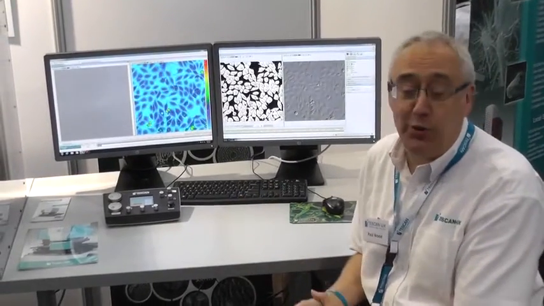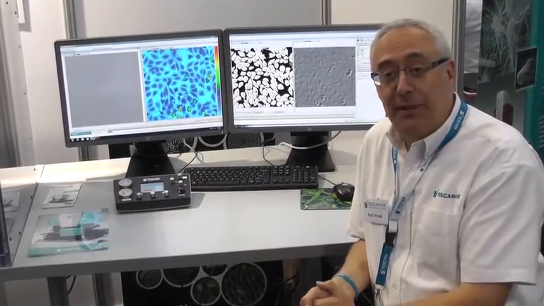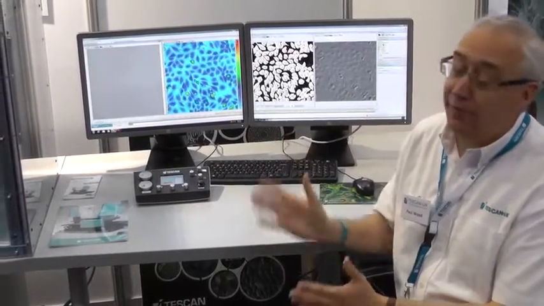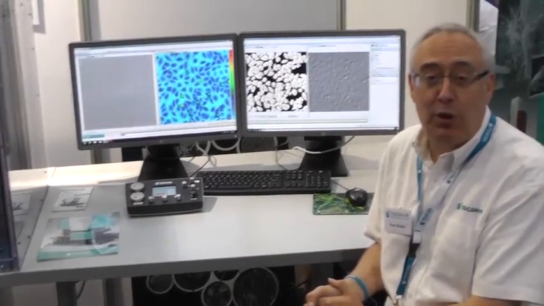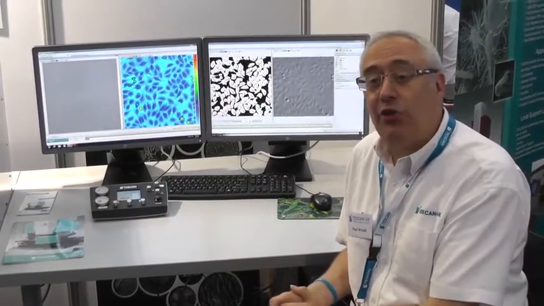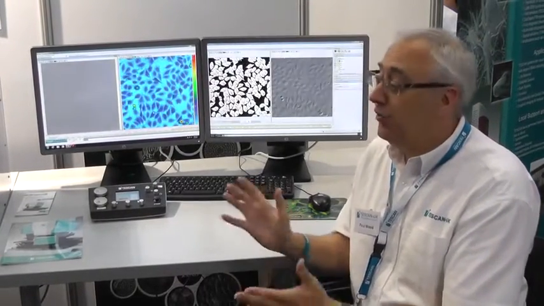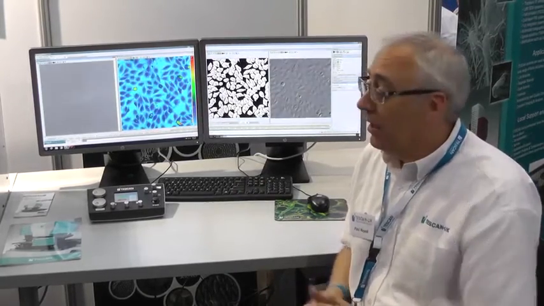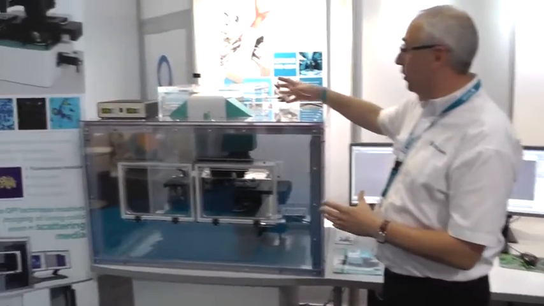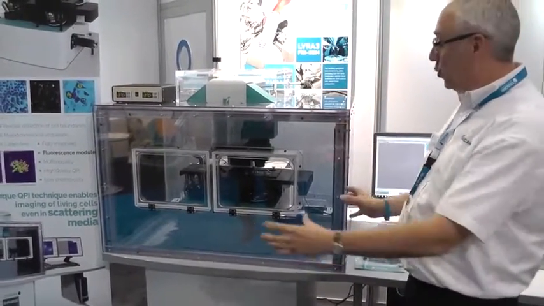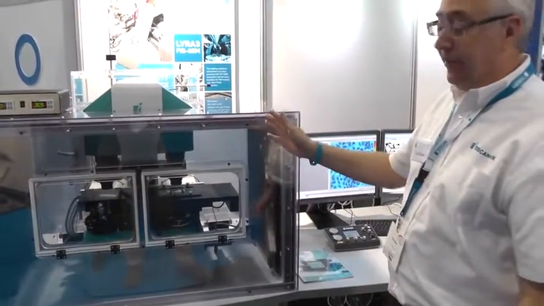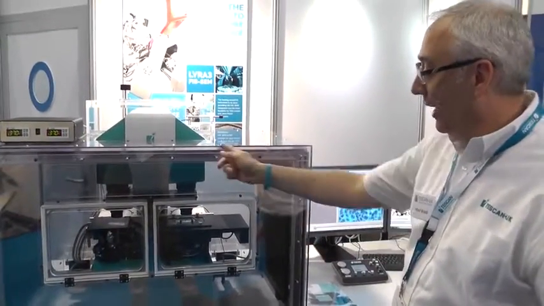It's our first entry into advanced optical microscopy, and we're pleased to launch this week our Q-phase system, which is a multimodal holographic microscope. It's a quantitative phase contrast imaging system using the holographic technique. On the system we have an incoherent white light source which comes through a twin inverted microscope platform. On the right hand side we have a sample arm, and on the left hand side we have